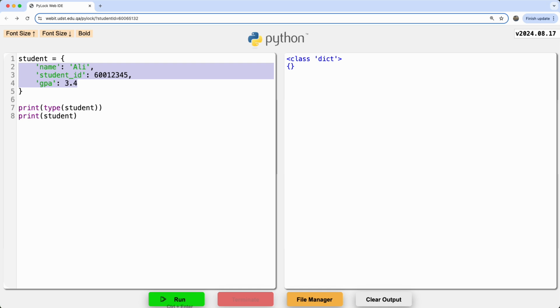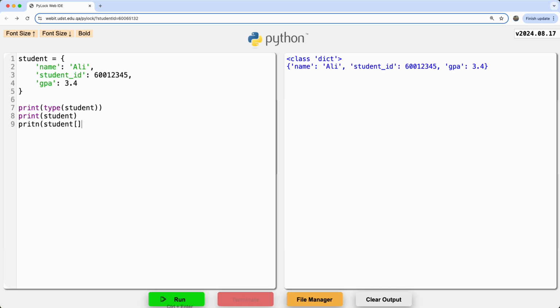There's a dictionary. Now, the cool thing about this is a student has a bunch of properties and a value that goes with each of the properties. Obviously, when you run this as a print, we know it's a dictionary, and when we print it, we can see what are called the keys and the values. So the keys are name, student ID, and GPA, and the values are Ali, 60001 2 3 4 5, and the GPA, or sorry, the value is 3.4. What's the point of this whole thing? If I want to get very specific information about this student, for example, just the GPA,